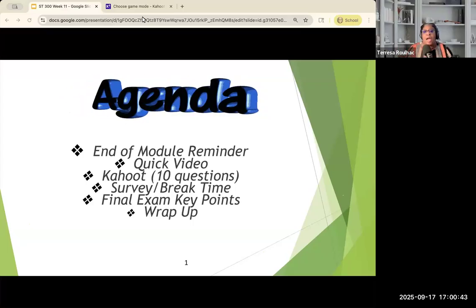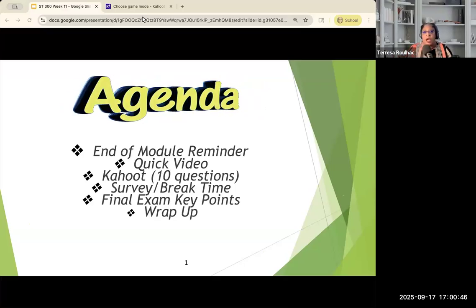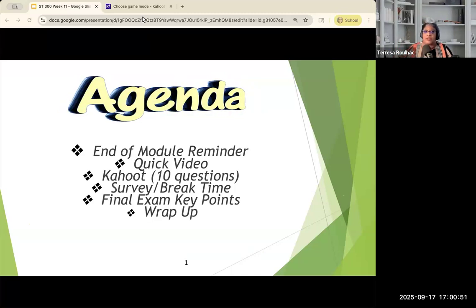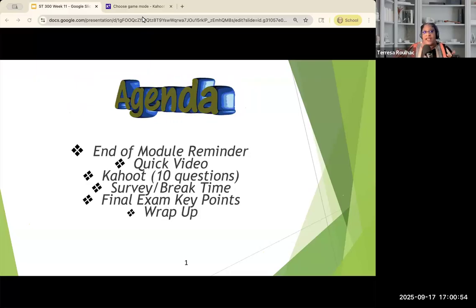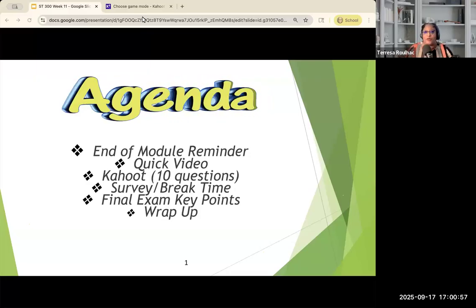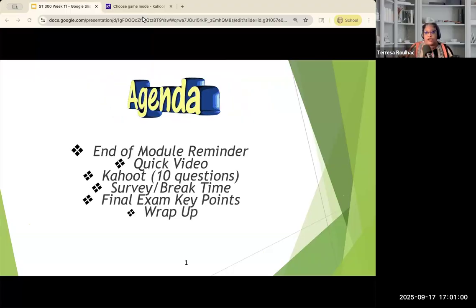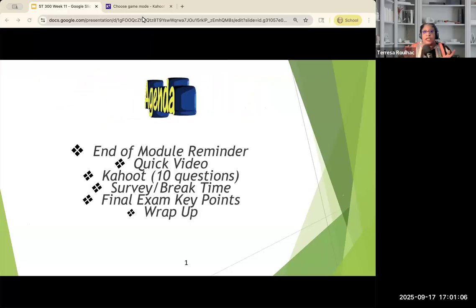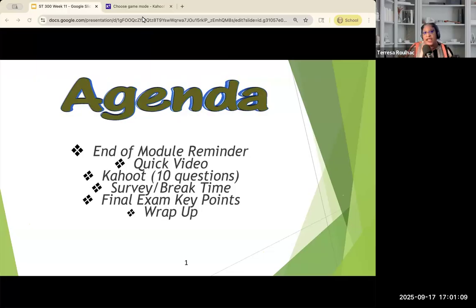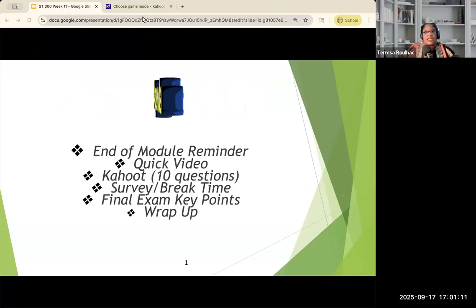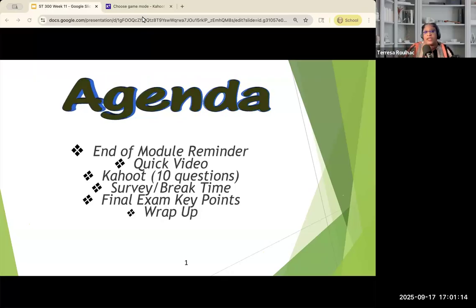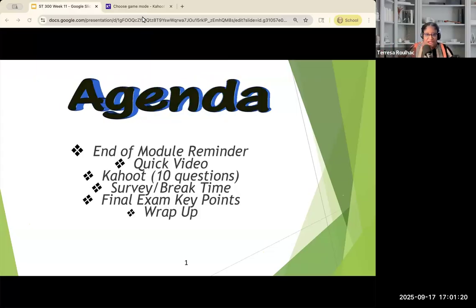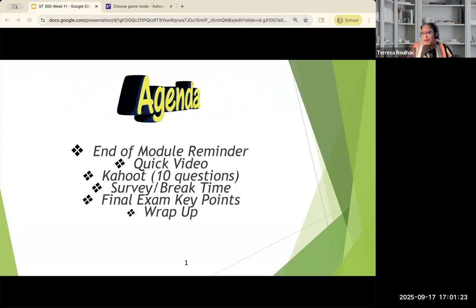And then when we come back, I'm going to break down some key pointers for you as you're going into this final exam. That's mainly because a lot of what you've learned has been a whole lot of different new information, and sometimes it's harder to connect it when you haven't been in the lab yet. So I just want to point out some key points and different triggers as you're taking this final exam, because it's not just about this exam. This information in module 2 builds into module 4 that takes you into the lab, that takes you to clinicals, and so on and so on. And then we'll wrap it up.